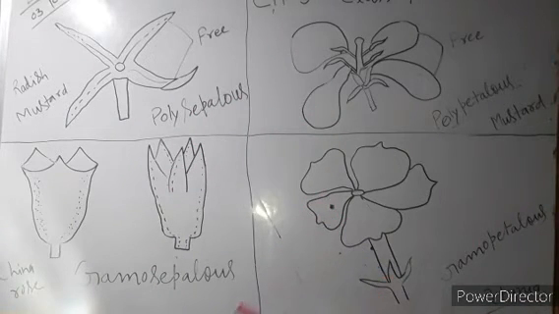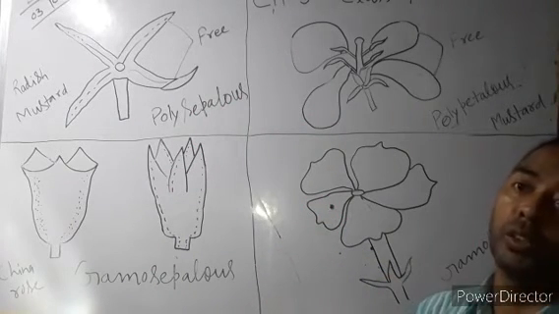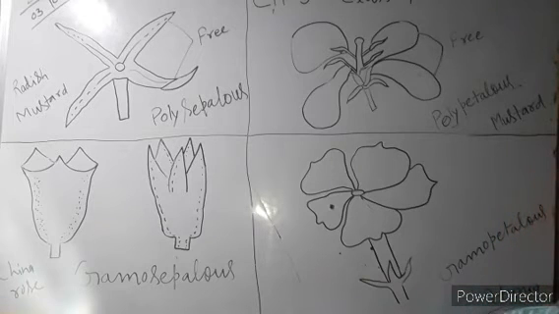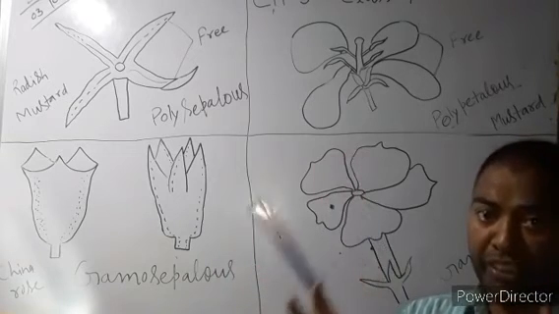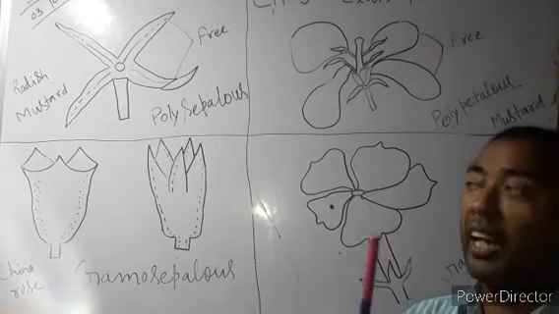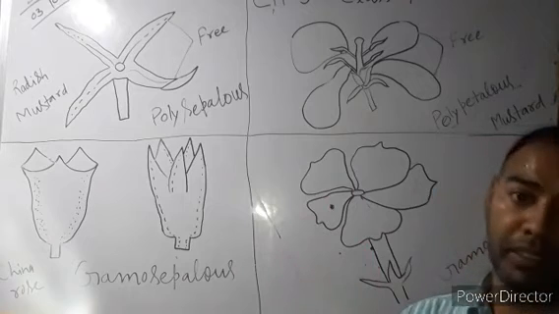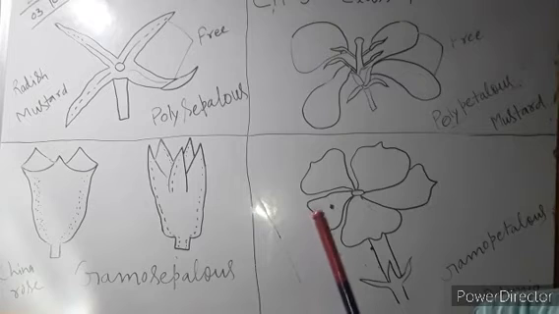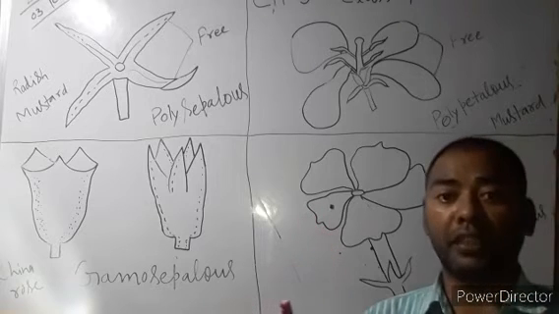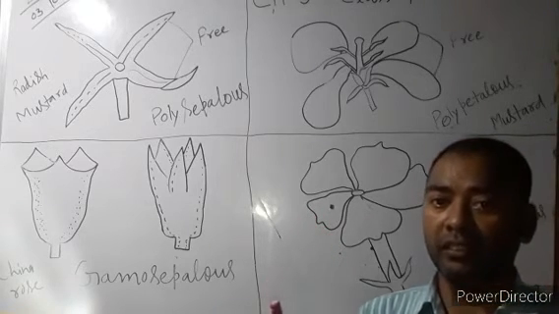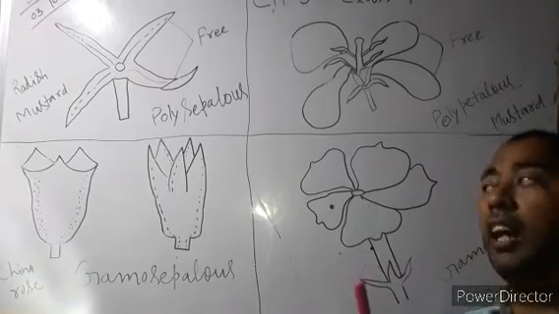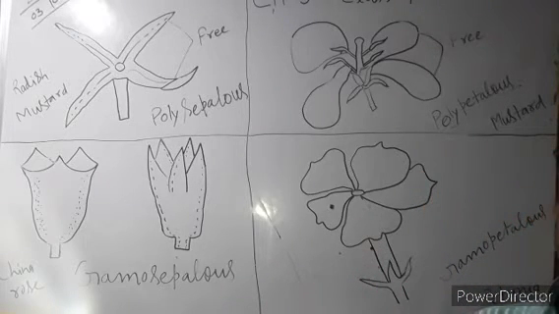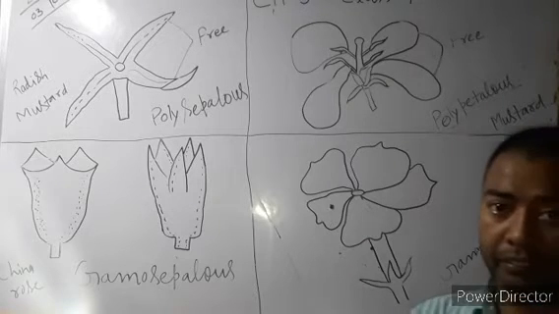In petals, you can say that 3 to 5 petals are found, but they are very large in size compared to the sepals. You have seen in any flower what the size of petals is and what the size of sepals is. It is too large, or you can say it is very large compared to sepals, and 3 to 5 petals are found in a flower.